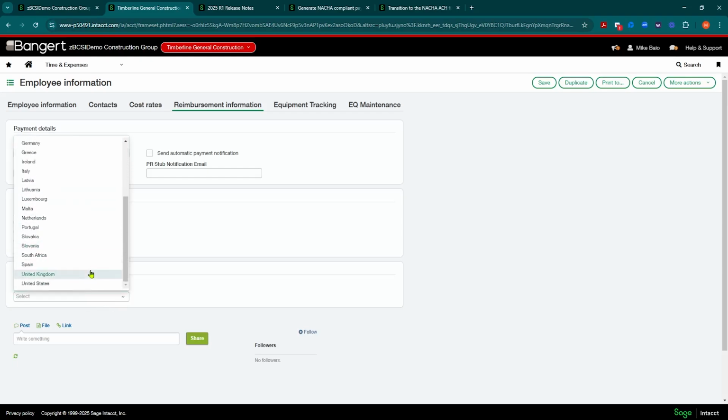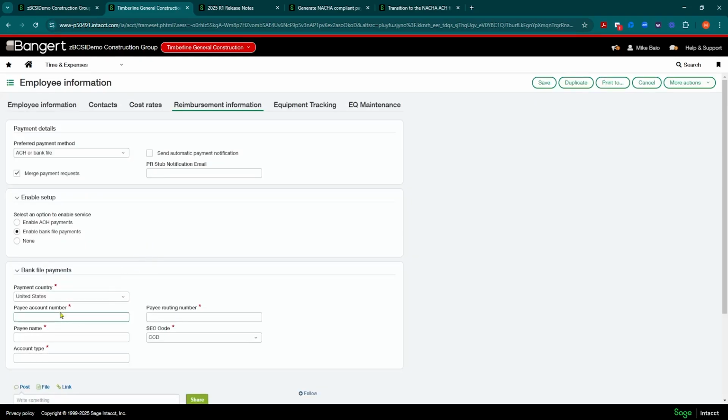What country? And then again, it will pull in the information that it needs. Notice it does not grab the information from the ACH payment over automatically, and that's where the import template can come into play. So there's a way that we can get that information out and import it back in. That's all in those instructions that you saw earlier. So it would need to be flipped over on both ends like that.